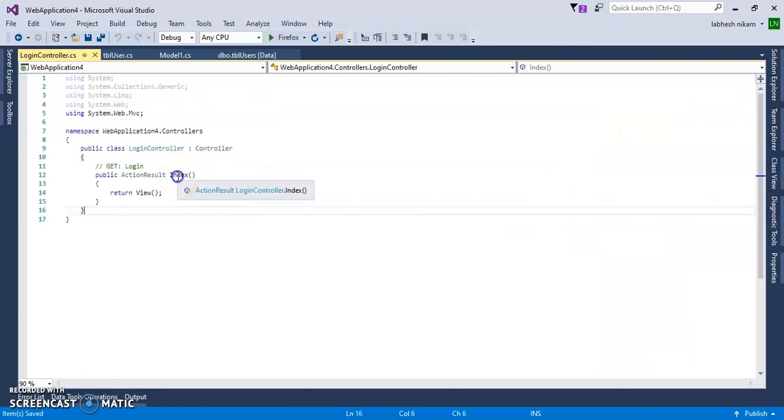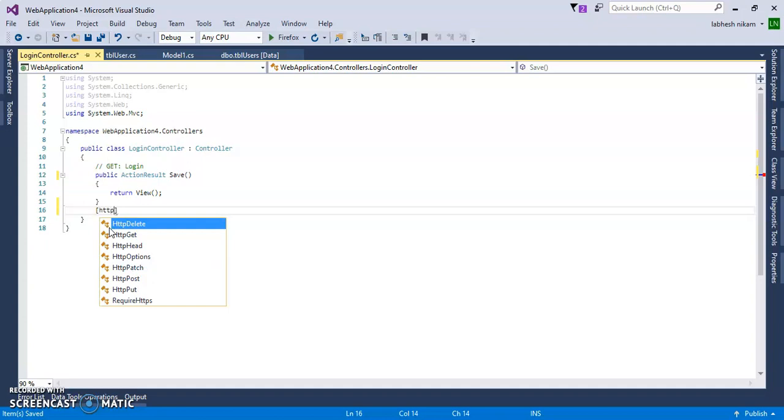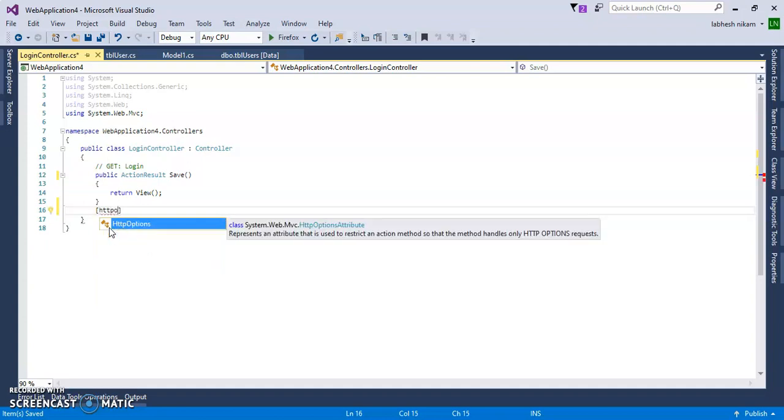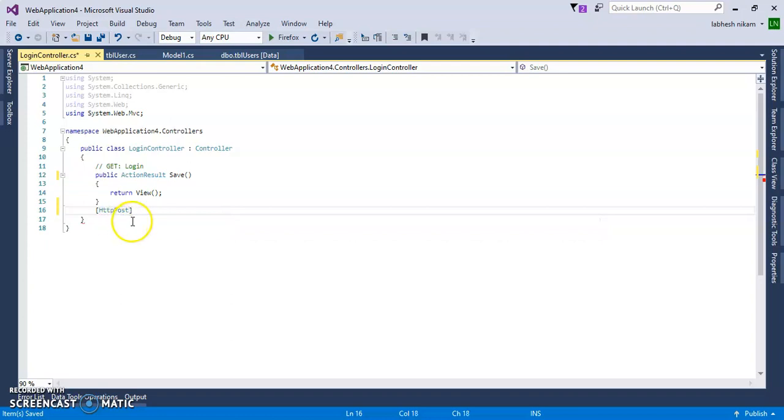We'll create a Save method to save the data of the username, and we'll create an HttpPost method to save the data to the database. This Save method will show the page, and this HttpPost method will save the data to the database.